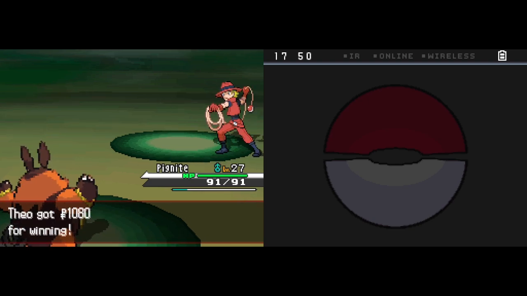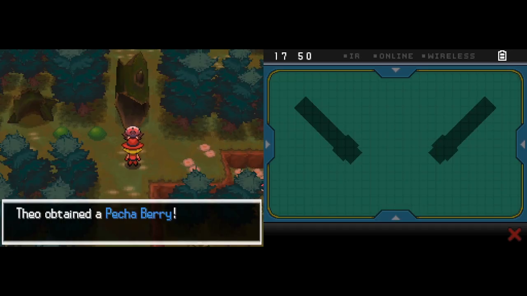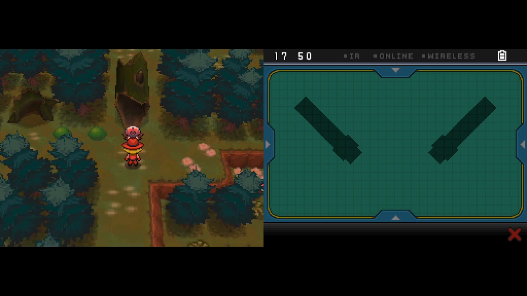Do you feel my wildness? I don't think that's too hard to raise at this point. I'm sure I could fully utilize this. Another Pichu Berry, so there you go. Blend into the wilderness too well, you won't be noticed by Pokemon, let alone by people. That is a problem. And